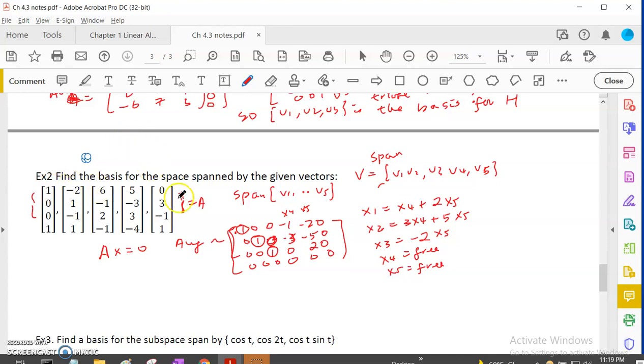So based on this reason, whenever you see a pivot column, the one that corresponds to a free variable will indicate that these are not necessary. These are actually dependent on the first 3, so they are linear combinations of the first 3. So the independent set